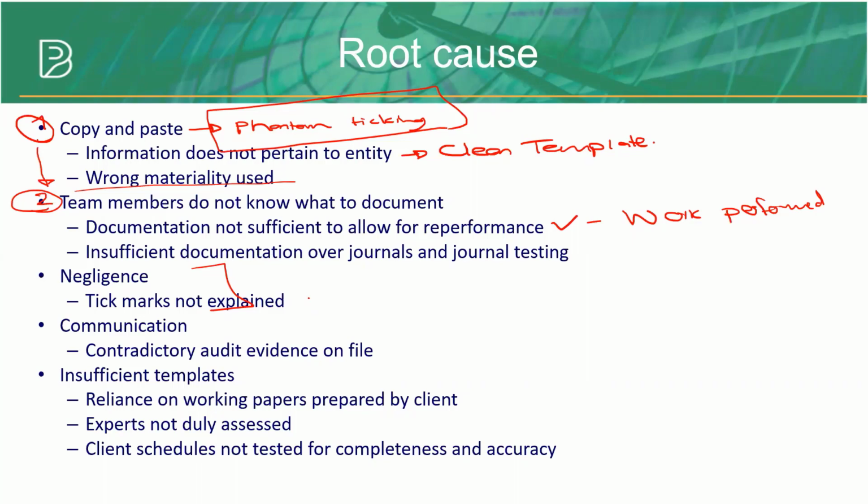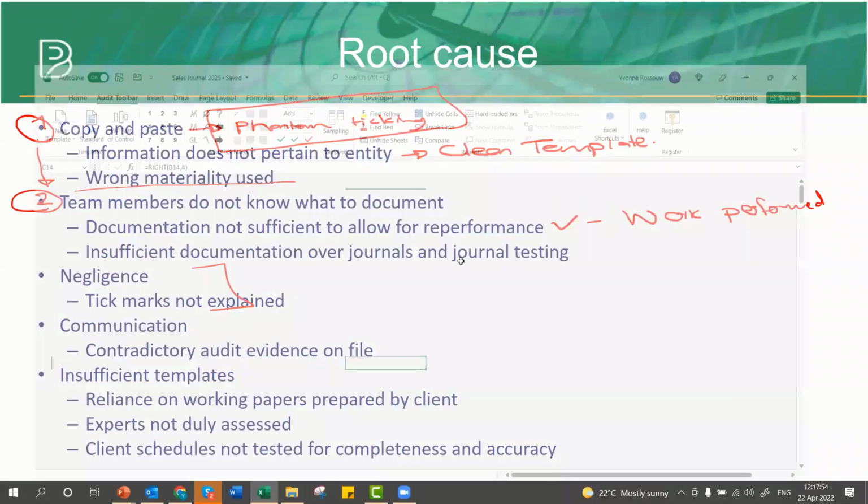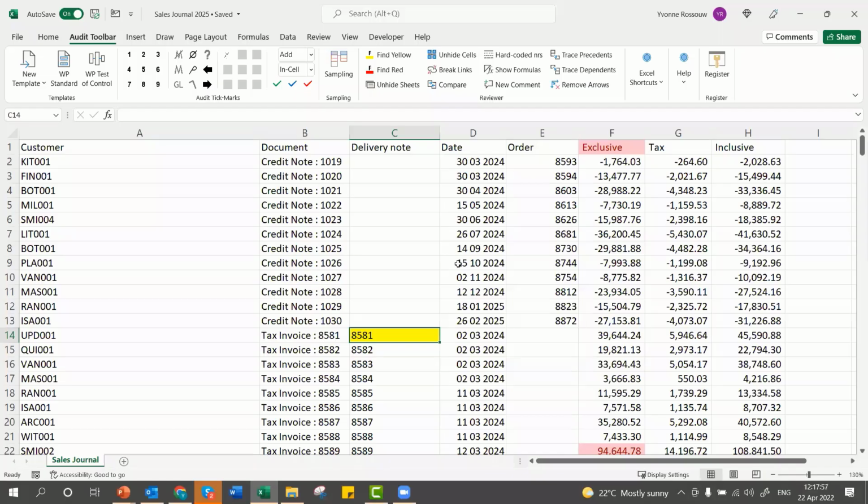And then with regards to templates, I think we discussed that sufficiently. So what we are looking at in terms of this product that Christian developed is Excel-based. You put it in your ribbon. So in your Excel working paper, there's an extra tab in the ribbon that we call the audit toolbar. It's a toolbar that you add into Excel that will give you specific options